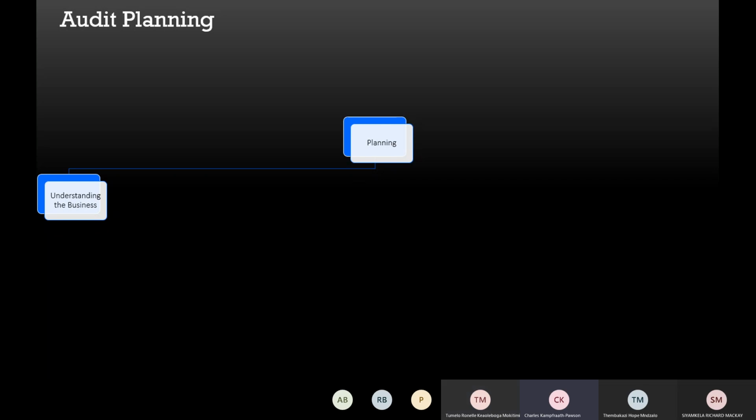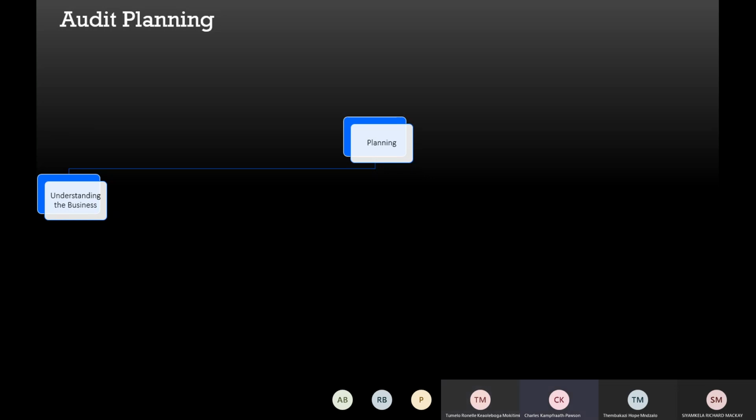If I pause at planning, what did we just say is the final product of an audit? To give an assurance. 100%. And we give that in the form of a report. But before we can do that, we have to do execution, correct? We have to actually do stuff. We have to investigate. So if we do proper planning, our planning will tell us how many items of what we need to test and how we should test them.